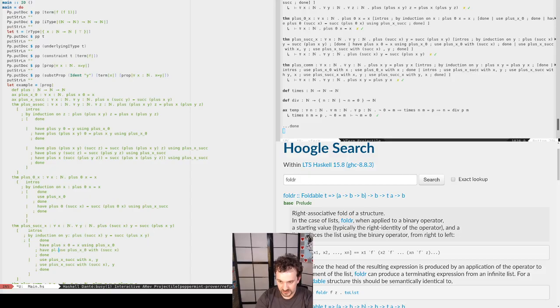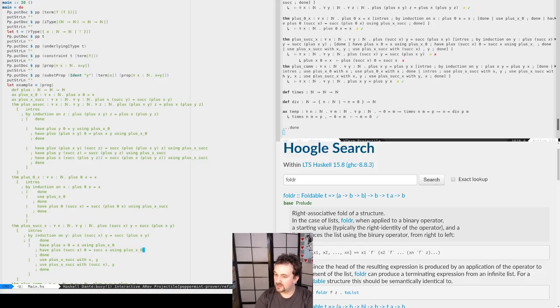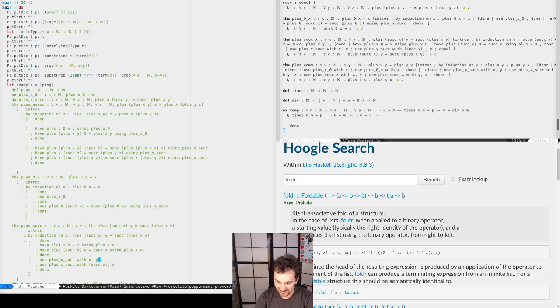Have plus sucks x 0 equals sucks x using plus x 0. My error messages are still inexistent, which is going to be a problem eventually.